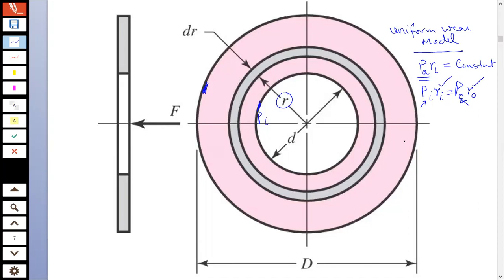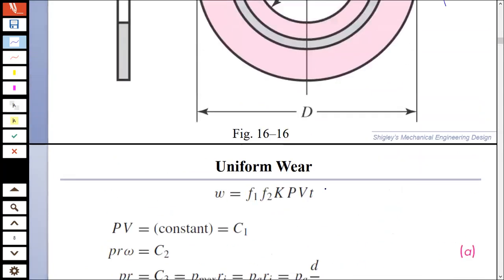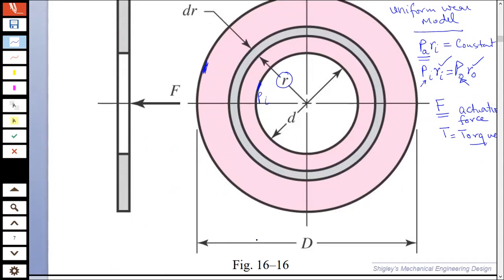Now, let's see how do we calculate our actuation force F using the uniform wear model, and how do we calculate our T, which is the torque. So this is the actuation force, and this is the transmitted torque using this type of clutch. Okay? First of all, since we have selected this